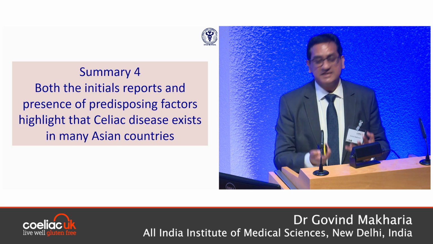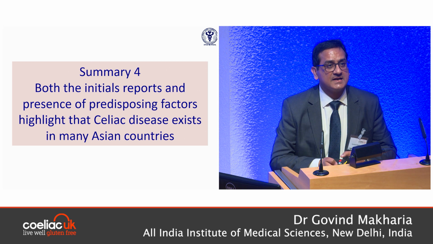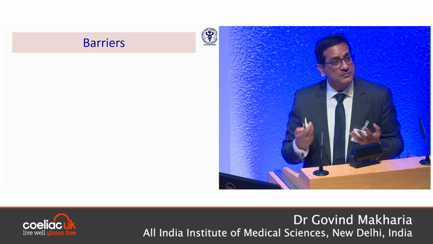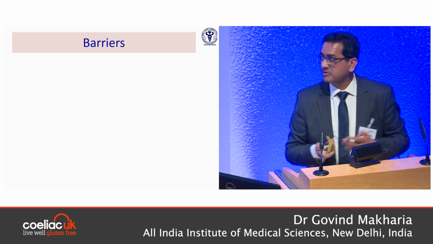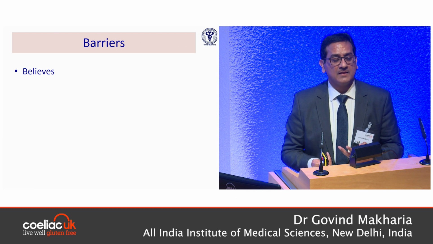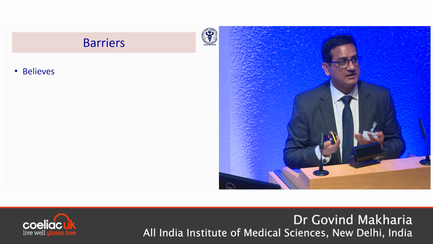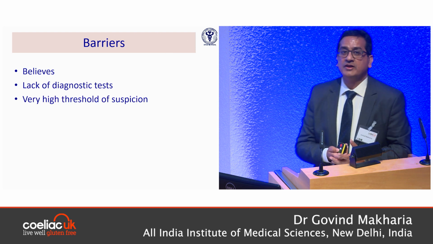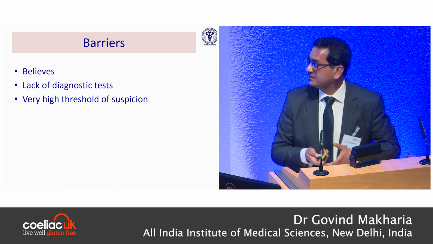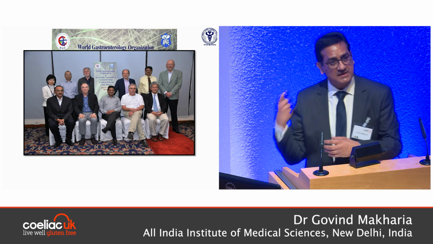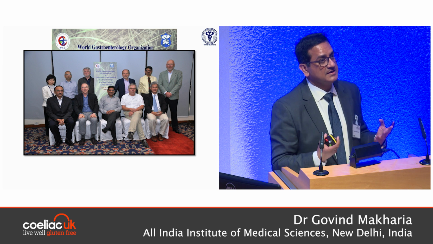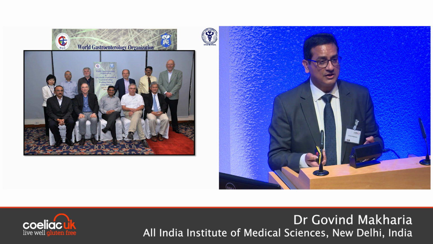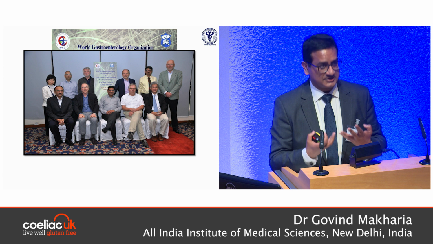Therefore, both initial reports and predictions suggest that celiac disease is going to rise in many Asian countries. So if it's so, why don't we recognize it? The single most important reason is belief: people believe that celiac disease does not occur in Asia. Also, lack of diagnostic tests and a very high threshold of suspicion. You don't suspect, therefore you don't diagnose. Looking at this, the World Gastroenterology Organisation and the Asia Pacific Association of Gastroenterology had a joint statement